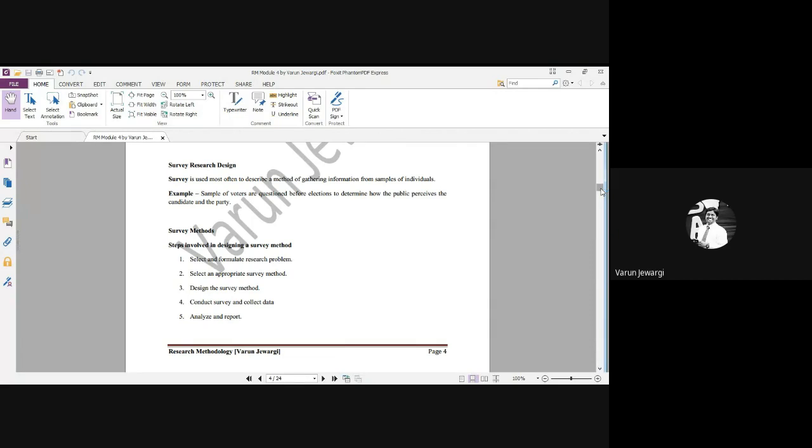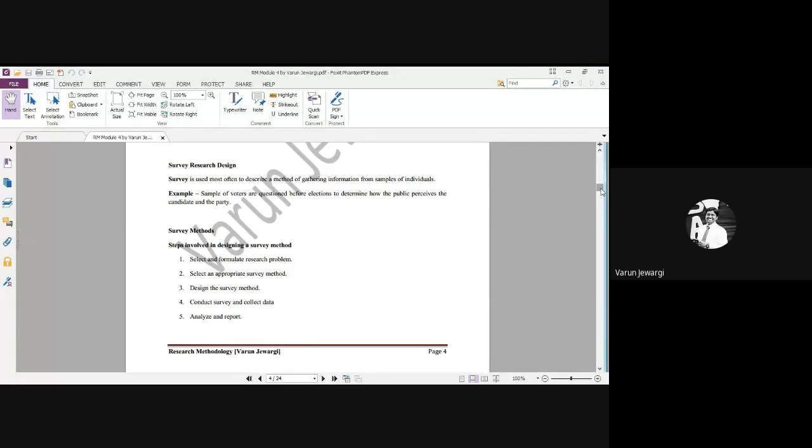Else, we'll move to the important part, which we call survey research design. Today, we'll be understanding survey research design. Let's understand what this survey is all about. It's a part of research. Have you heard this term anytime? Surveys are conducted during the time of elections, polio drops, vaccination, now COVID. They are doing a survey now.